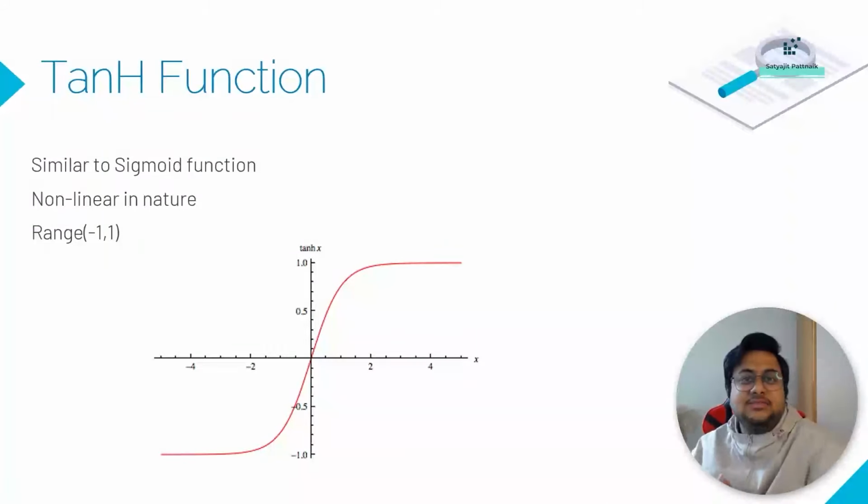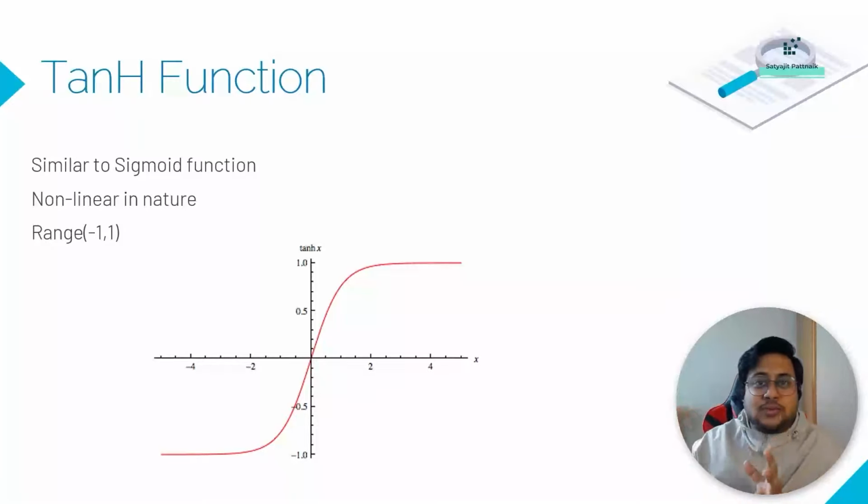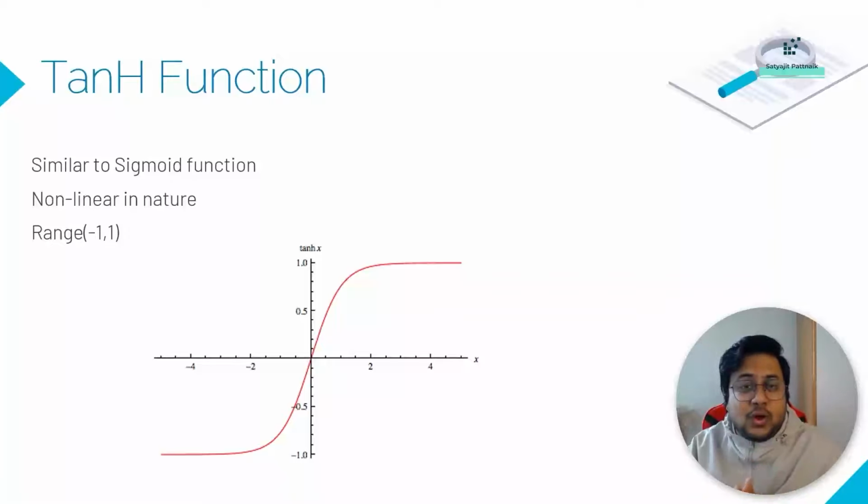Hi, in this video we shall be talking about the TanH function. The previous video was all about the sigmoid function. We understood y equals 1 by 1 plus e to the power of minus x. The sigmoid function lies between 0 and 1. Everything is good. We also talked a little bit about the drawbacks of the sigmoid function, that way long back in the 1980s,